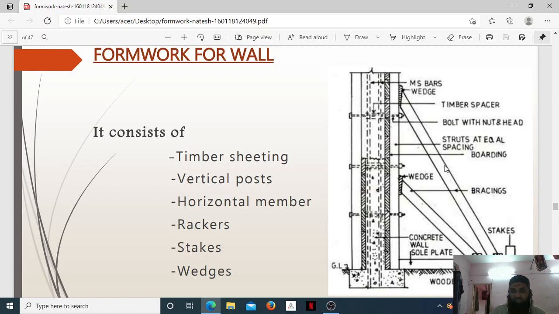Even this is essential here, what type of formwork we use. As I had told you in the previous class, there are different types of formwork. We have timber formwork, steel formwork, plastic formwork, as well as aluminum formwork. So different formworks have different properties. Mostly nowadays the type of formwork which is used is either timber formwork or steel formwork, because I had told you the plastic formwork can't resist such heavy loads. It can't resist heavy loads.